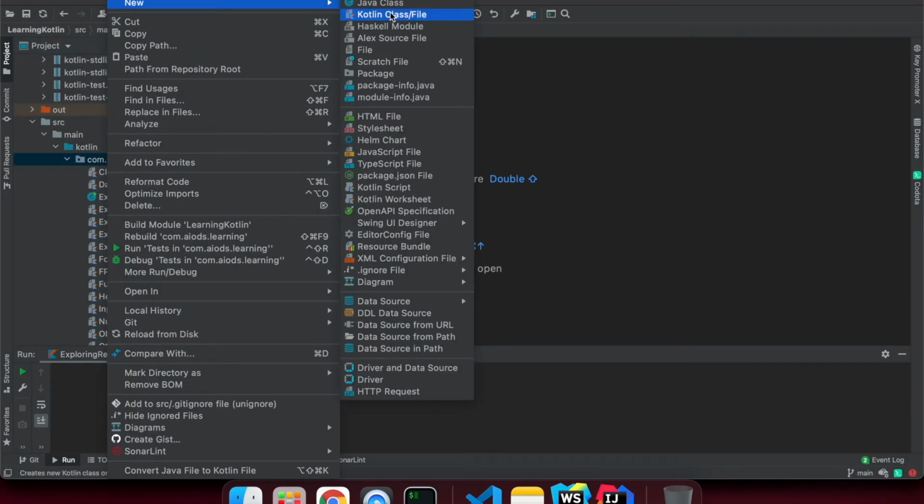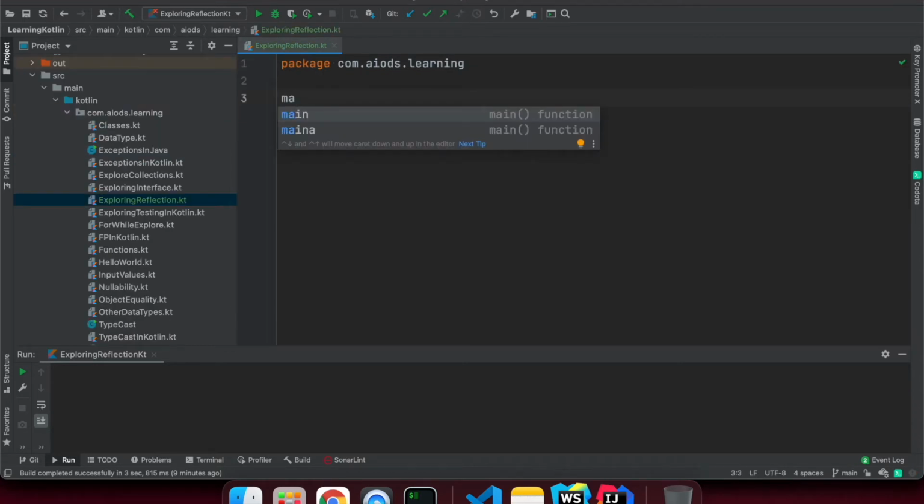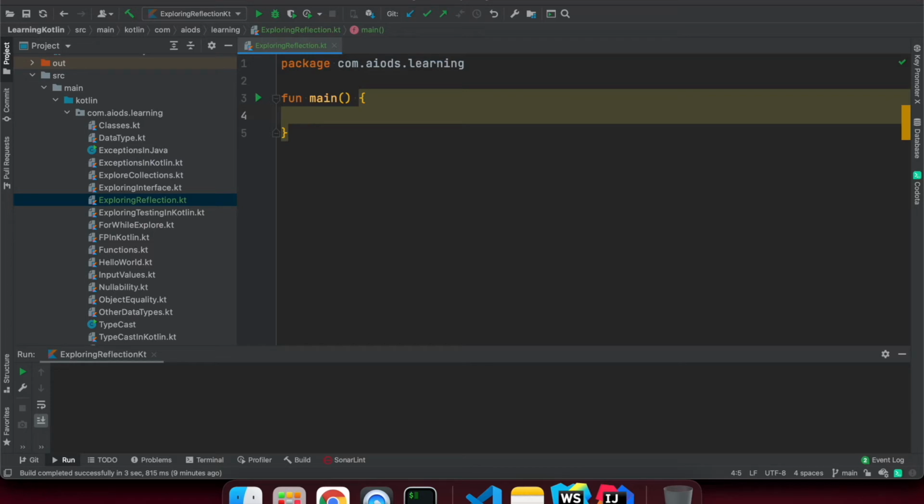Suppose I'm going to create one Kotlin file, exploring reflection, with file type. Let's create a main method. Suppose we have a list of values.